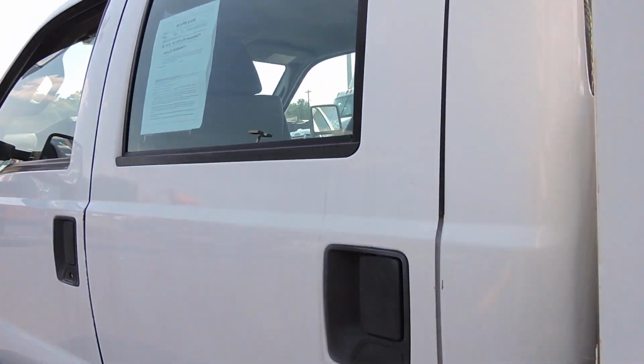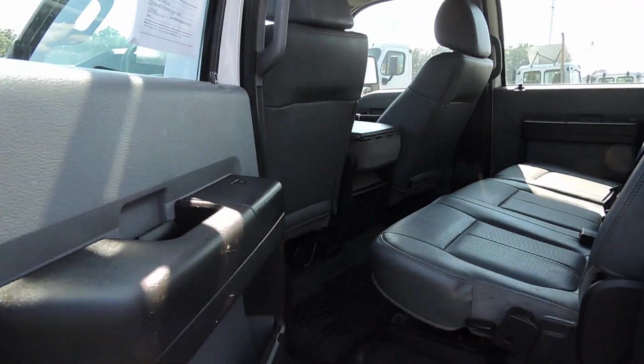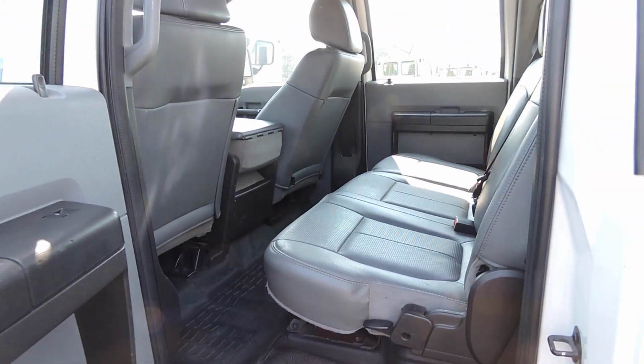This is a 2011, as I said. And look, it's a crew cab. You know what? We're going to maybe start...